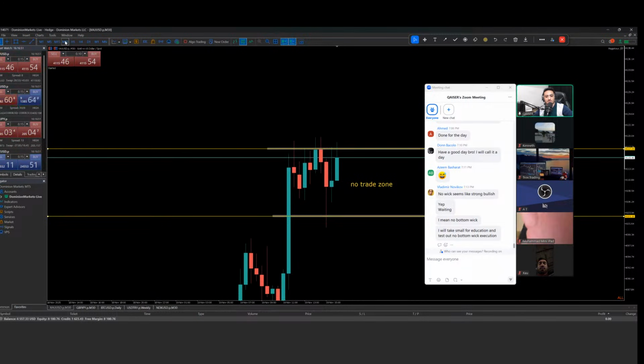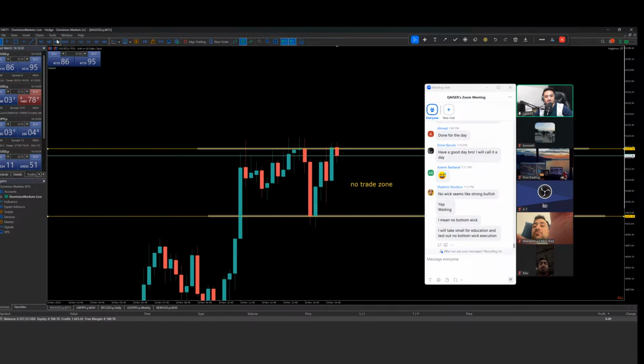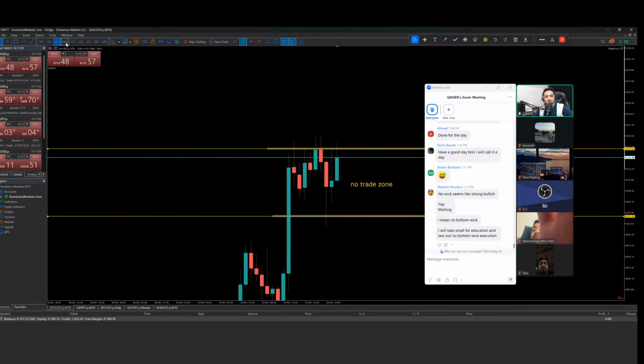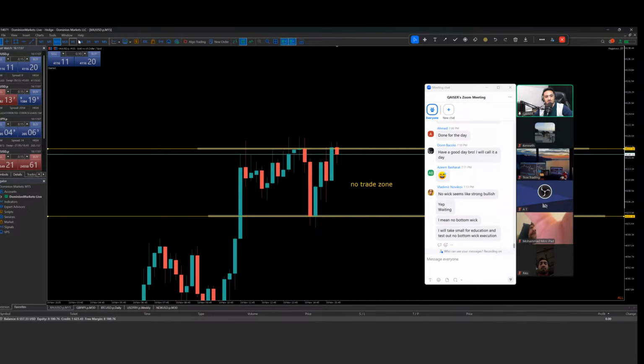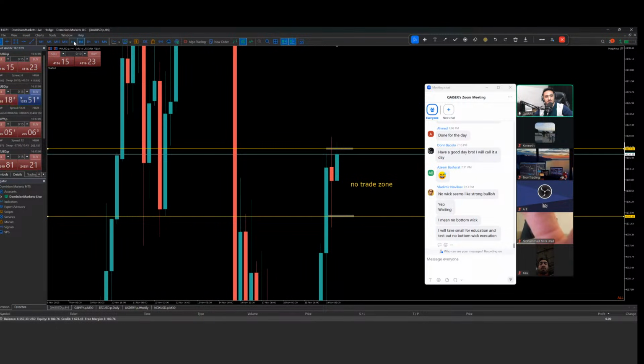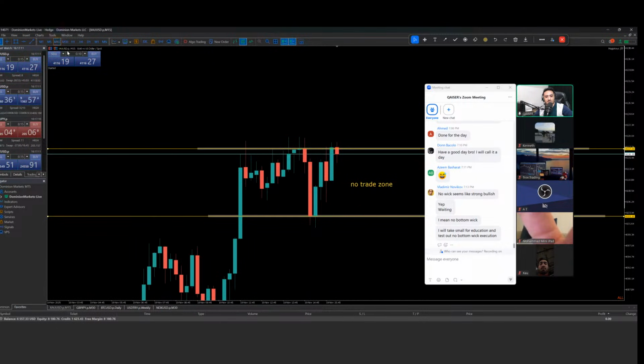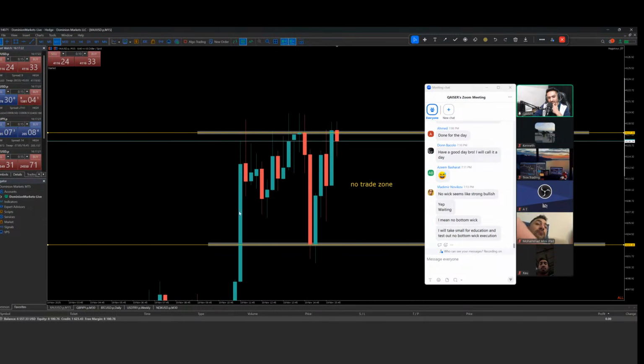M15 just closed and does not have a bottom wick. M15, M30 are struggling with the rejections on the left-hand side. M30 does not even have a bottom wick here. You can see this one. M15 just closed. H4 also does not have a bottom wick. Wow. So if this can create a wick and break above this high, there is a probability. Man, it's a really tough one.